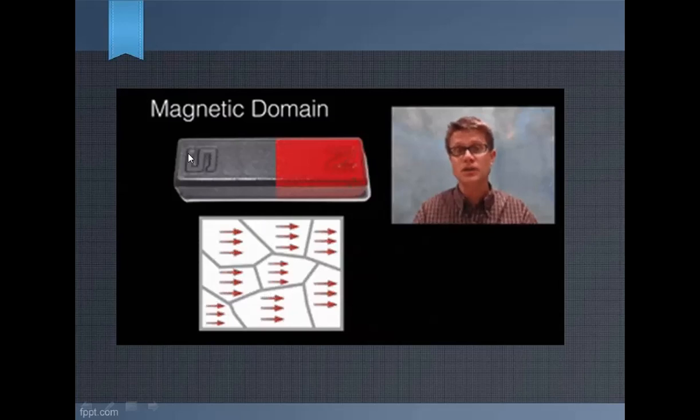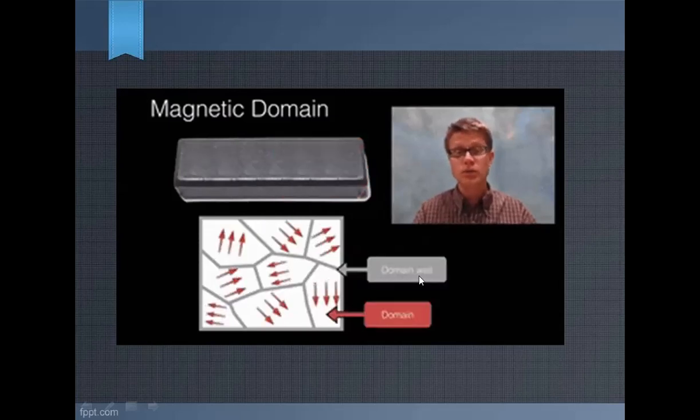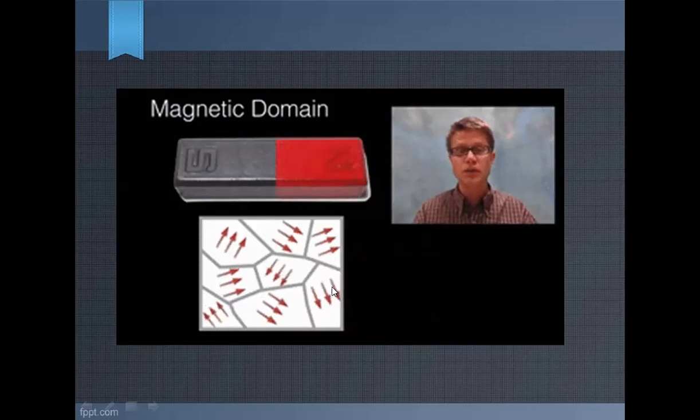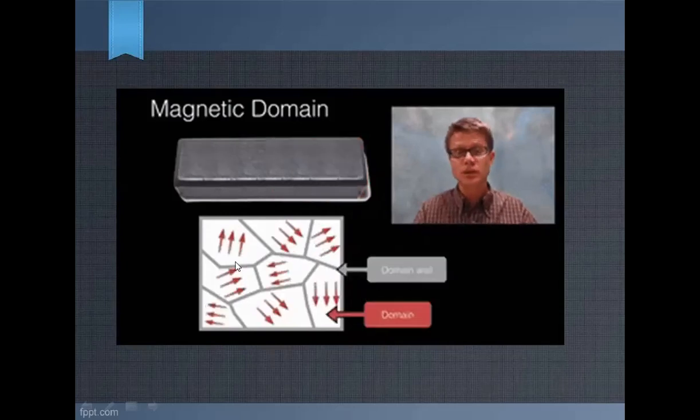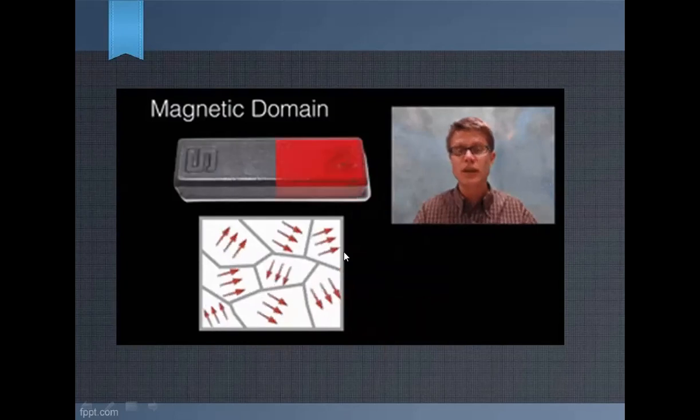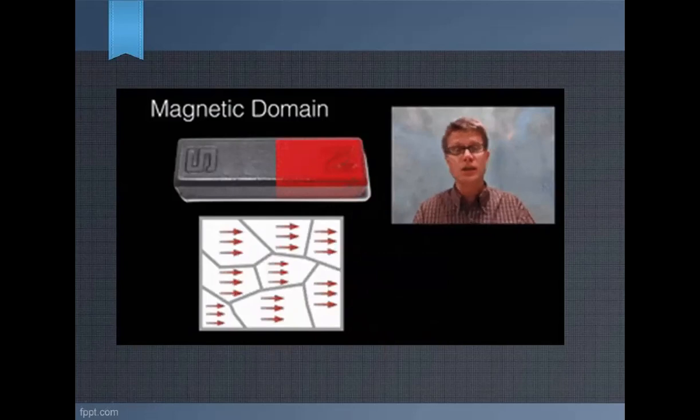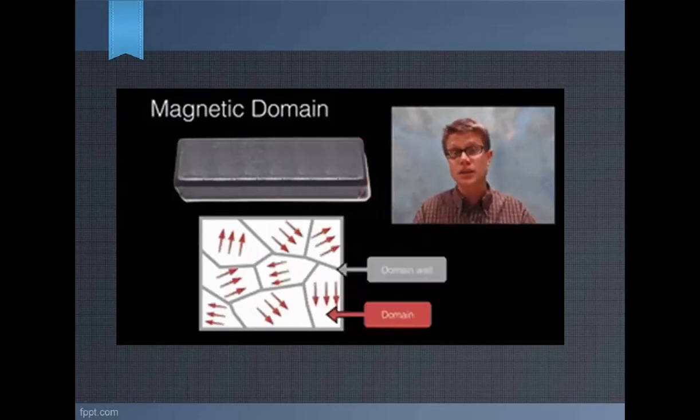You can see domains here, explaining how they are moving. Within a domain, all the dipoles are in a single direction. When you apply the field, they move towards the field direction. But when you don't have the field, within each domain they align in a particular direction. So from this slide, I would conclude that when you do not have the magnetic field, they are like this.